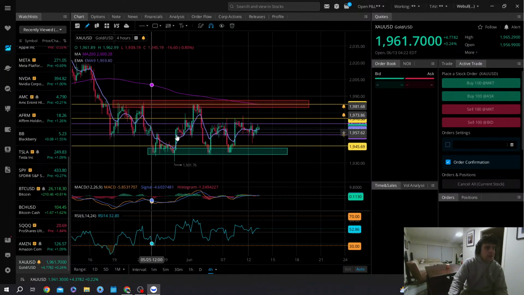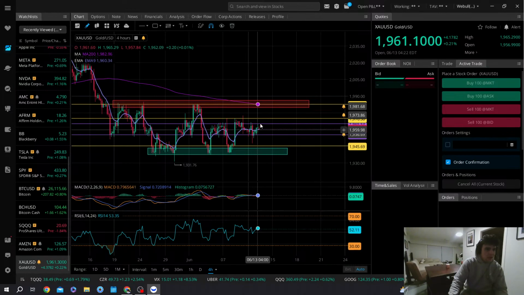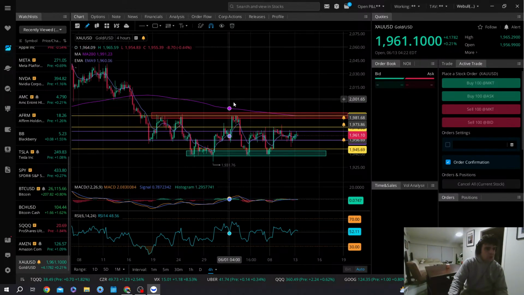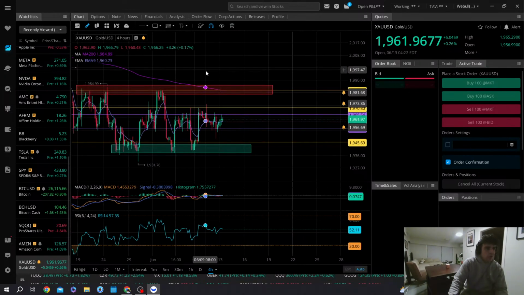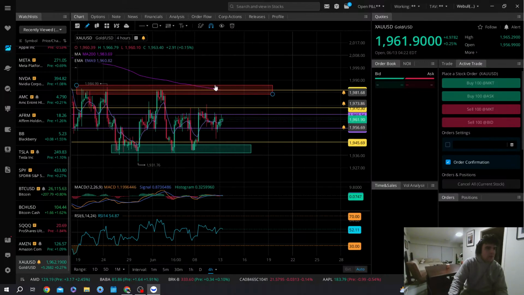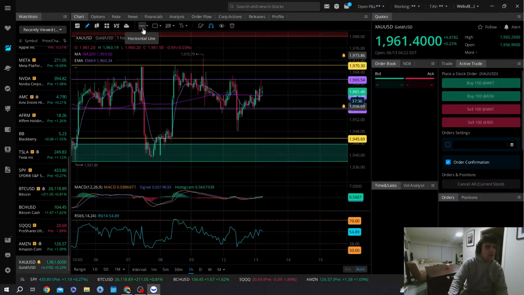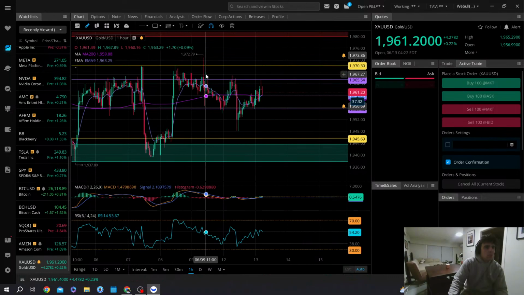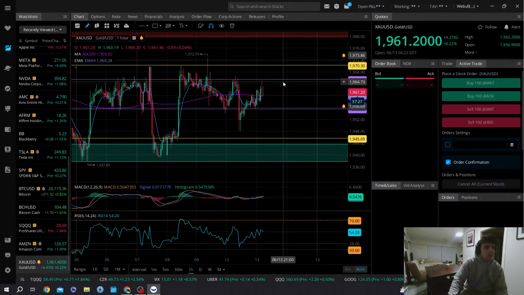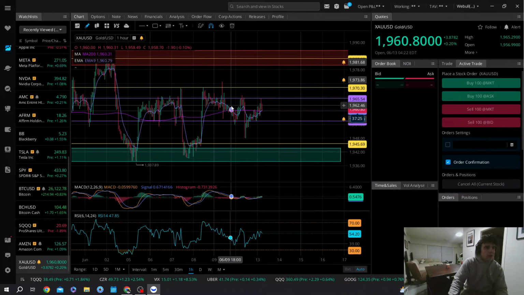It has a high chance of coming back up when it hits this range. So I like to draw these out just so I know where's a good time to buy and where's a good time to sell. So I'm going to go down to the hourly now. We've just been wicking all around this area. So I'm not really seeing any good setups right now. I'd like to wait until